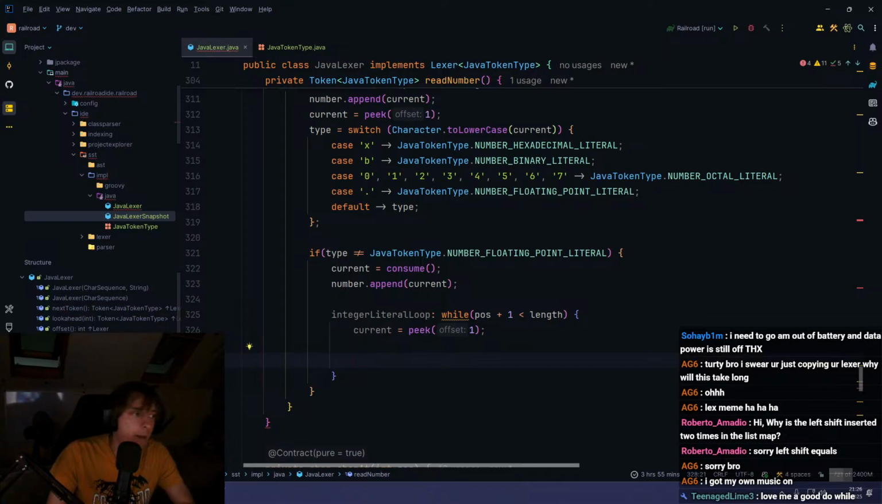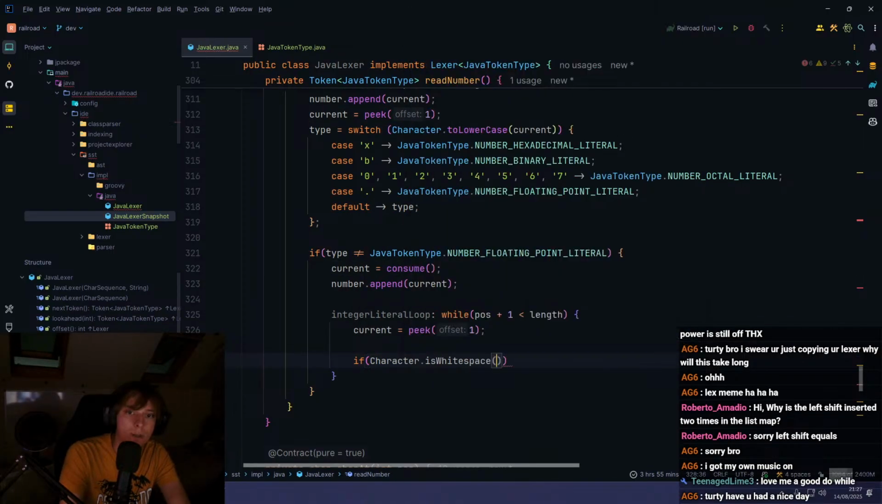Then we need to see if the character is a terminating character. So the way I did that in here, so if current, or if character is whitespace current, or